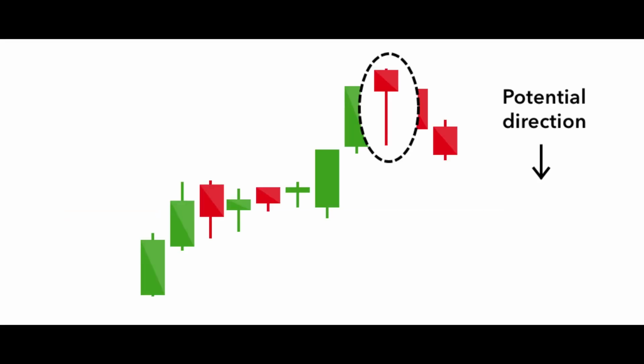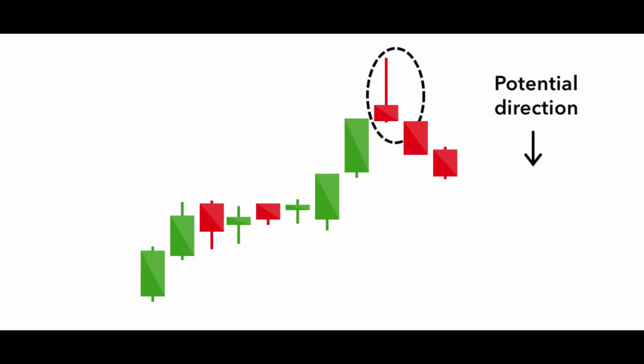Now coming to the bearish candlestick patterns, this candlestick is a hanging man. The hanging man is the bearish equivalent of a hammer. It has the same shape but forms at the end of an uptrend. It indicates that there was a significant sell-off during the day, but that buyers were unable to push the price up again. The large sell-off is often seen as an indication that the bulls are losing control of the market.